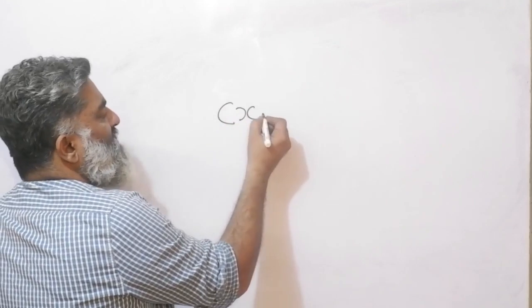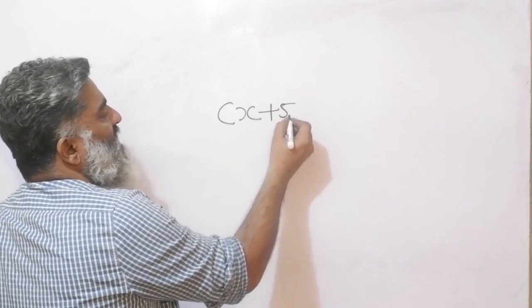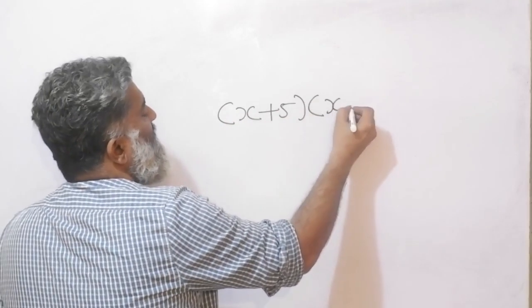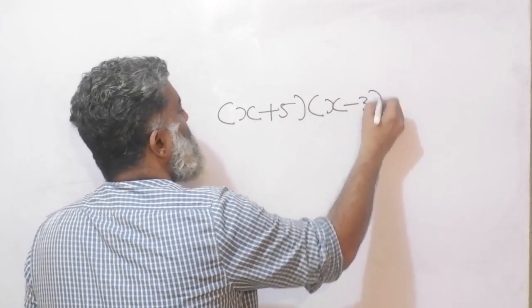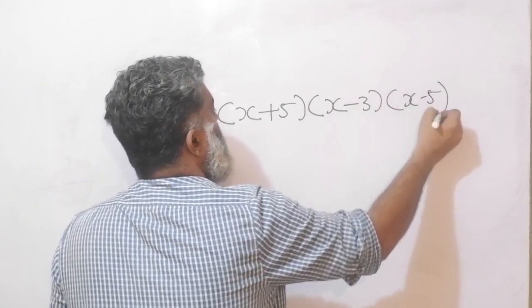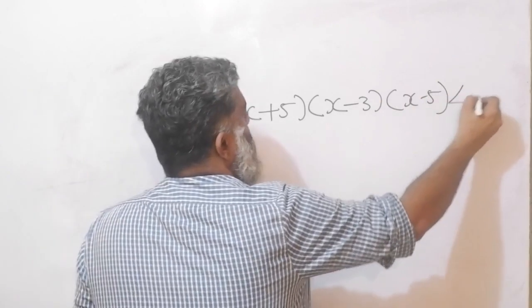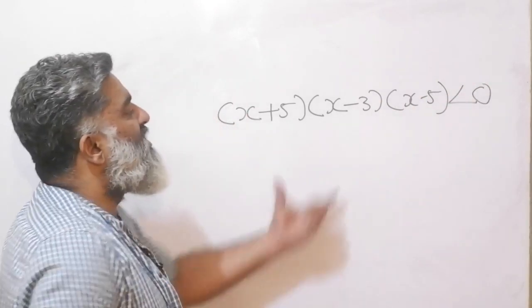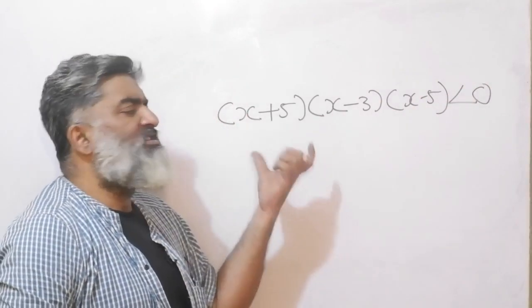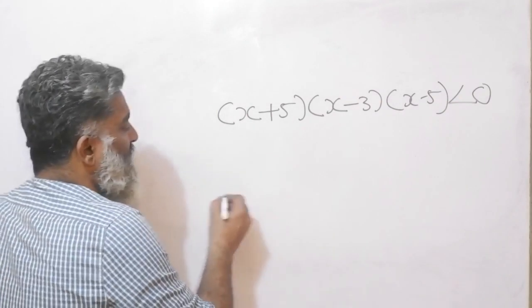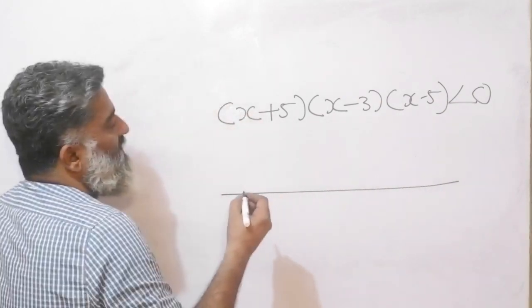So let's play with the story and just flip a few variables. x plus 5 into x minus 3 into x minus 5, right? And I say I want less than 0. But as of now, again, I'm not going for the answer first. I just want to observe the method once again, right? I want to build comfort and familiarity.